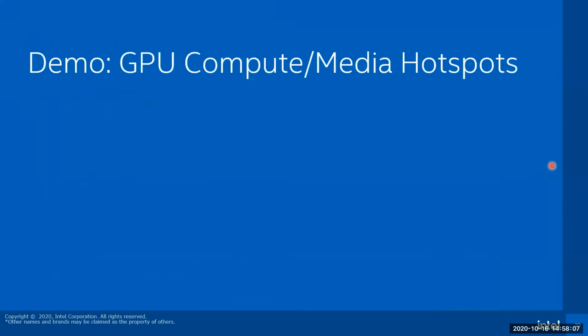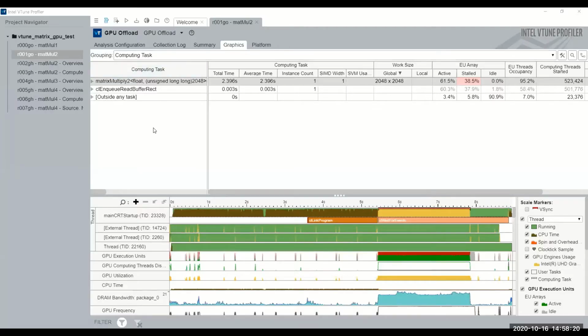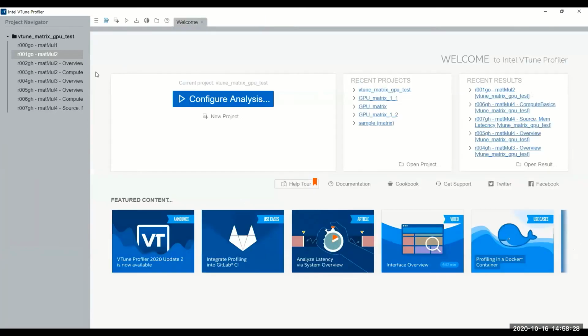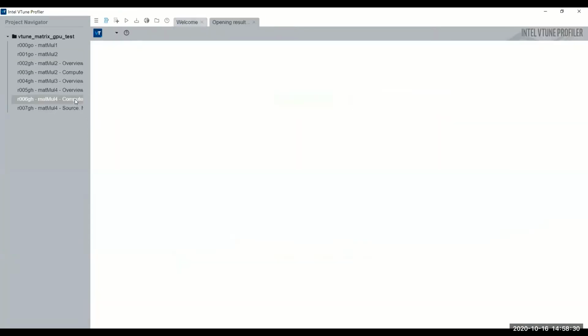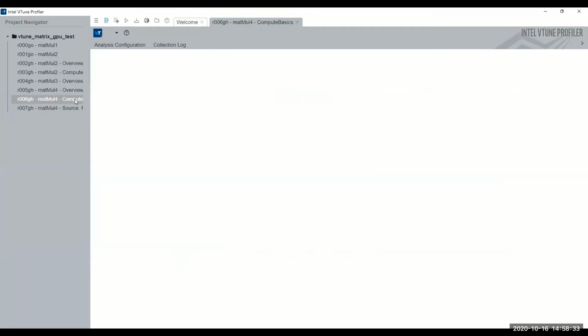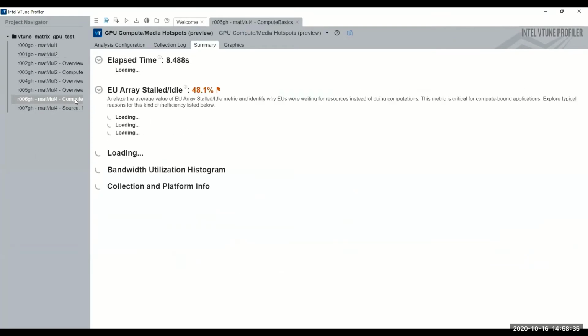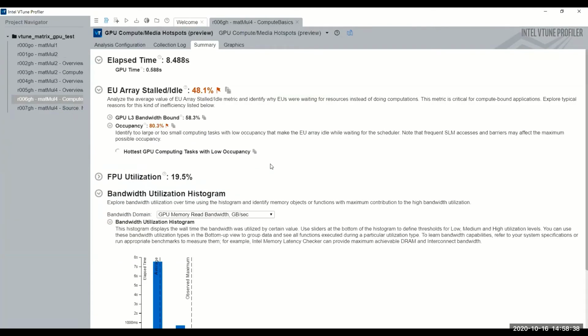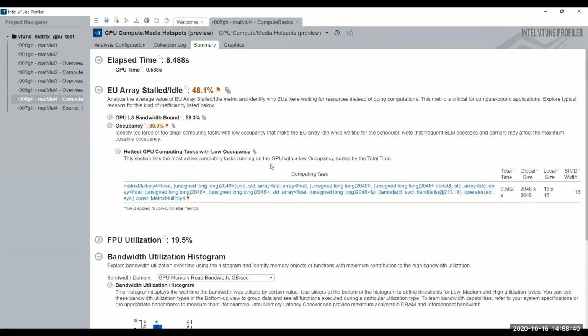So let me switch back to VTune to demonstrate this type of analysis. Okay, so let me maybe close this result. And I pre-collected another one, a little bit more improved version of matrix multiplication, still not efficient, but it runs a little bit better. So in the summary for GPU hotspots,